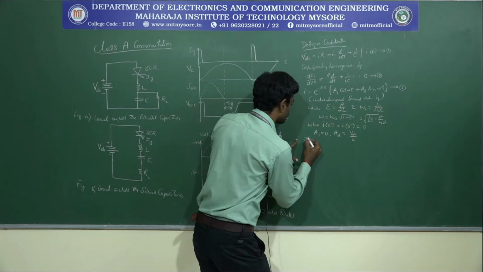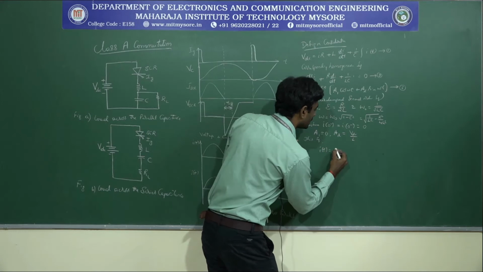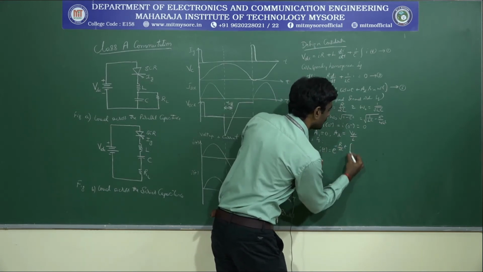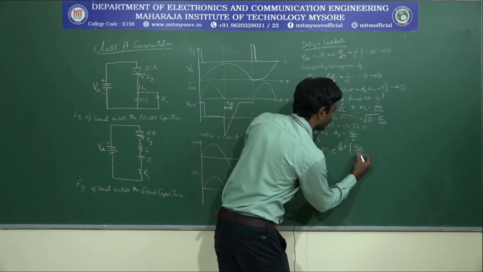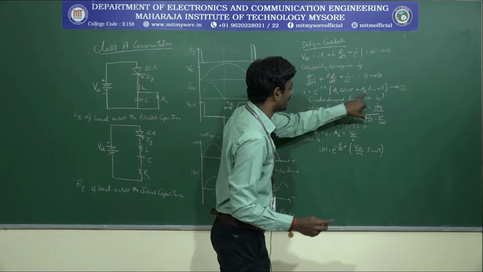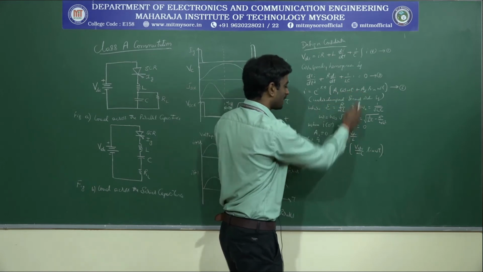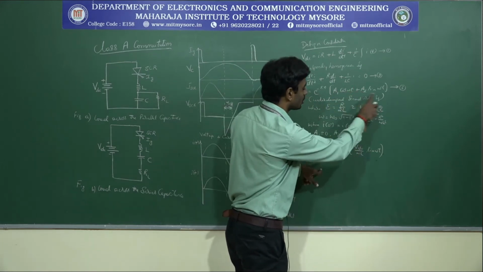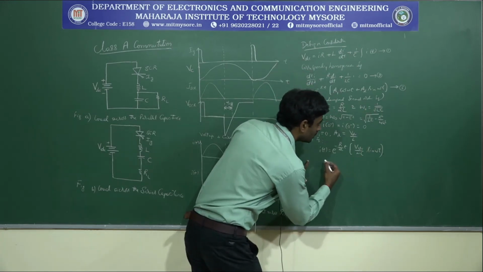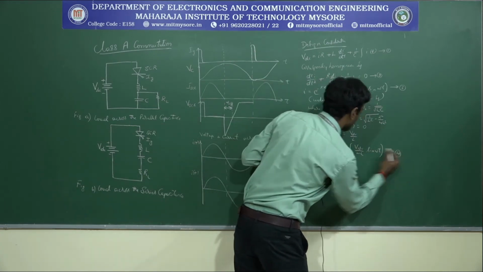So this gives I of t equal to e to the power of minus R divided by 2L into t, into VDC divided by omega L, into sin omega t. I am applying the values of A1 and A2. Here A1 will be equal to 0, so the cosine term will be 0, and A2 is VDC divided by L. Based on these values, I will be getting sin omega t. I will consider this as equation 4.